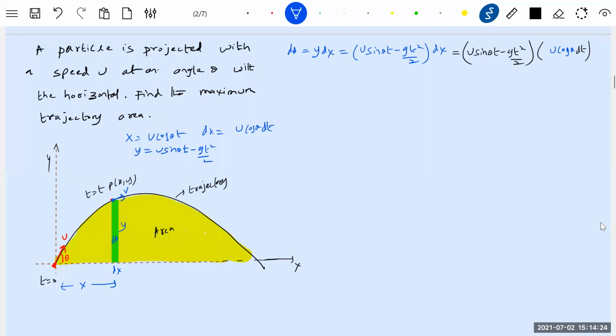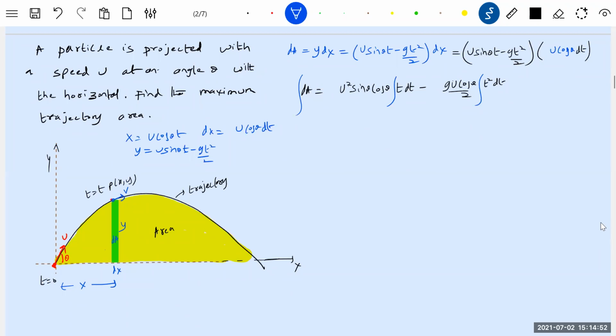Okay, let's expand further. This dA is equal to u square sine theta cos theta t dt minus g u cos theta by 2 t square dt. Integrating this,